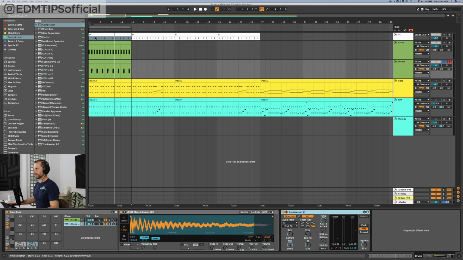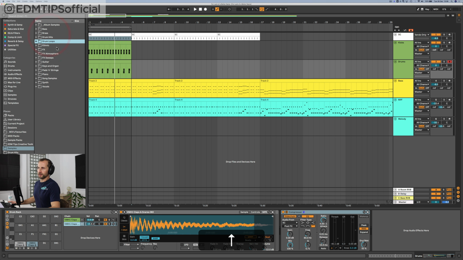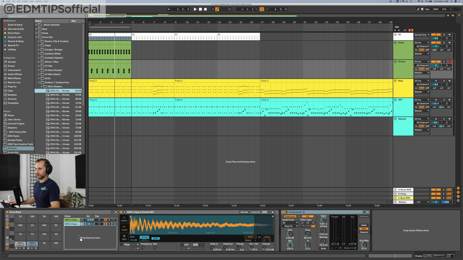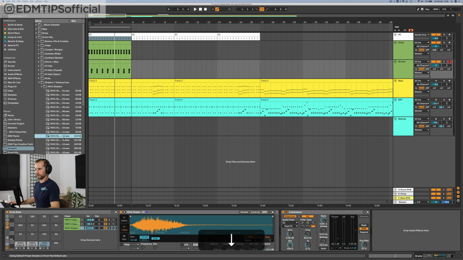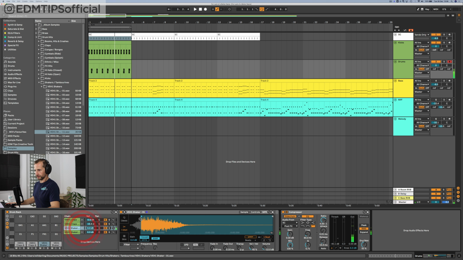Now let's put the beats in between, the hi-hats. So I'm going to use a shaker in this instance. So let's go drum hits, shakers. This one will do. And that one's a nice one as well. Just a short, sharp one. And there's a bit too much of an attack on that, so let's tighten it up. Transients on drums are super important. In fact, transients on everything are super important. If you can get those transients right, it makes a big difference.